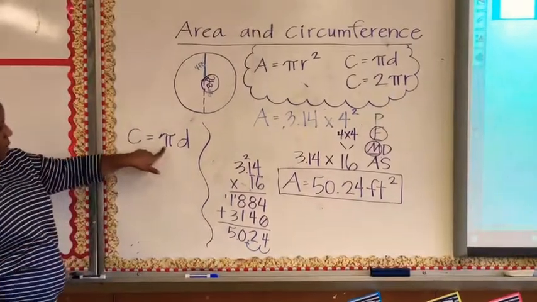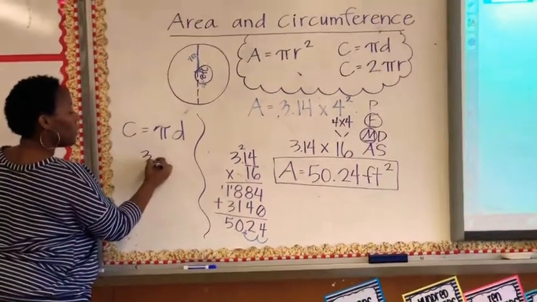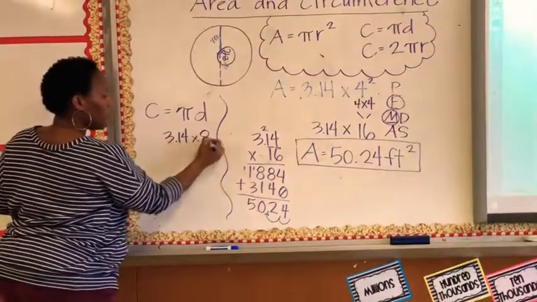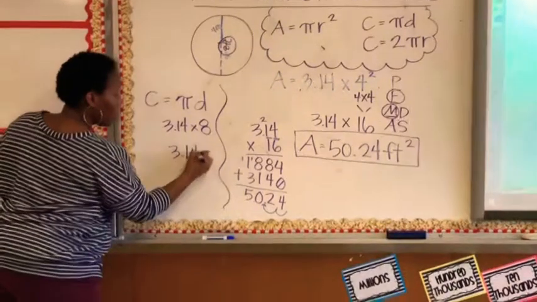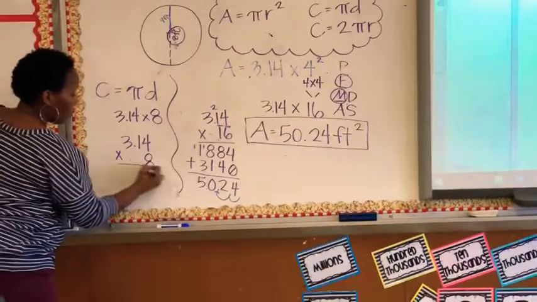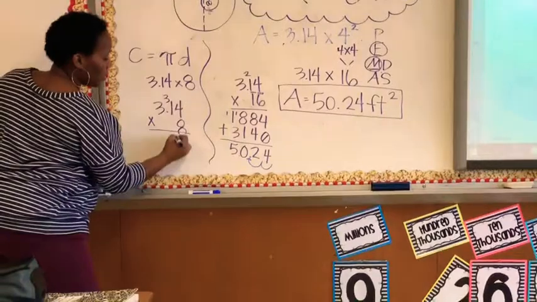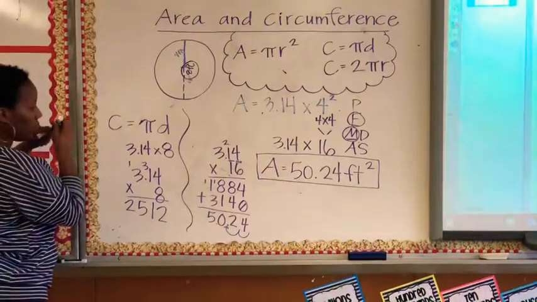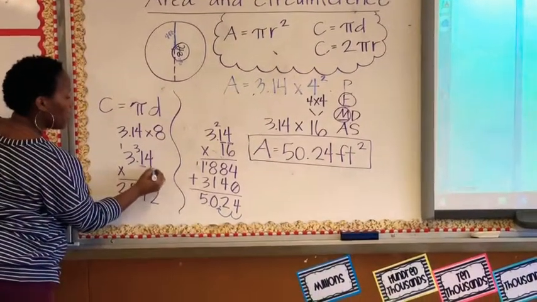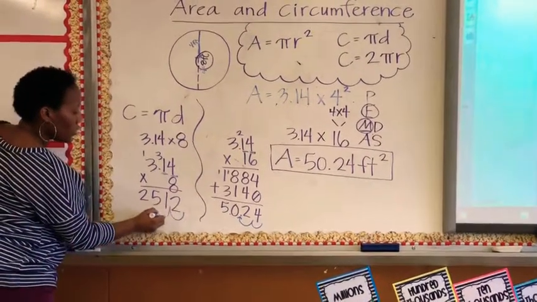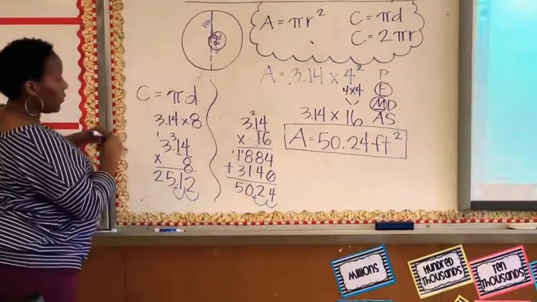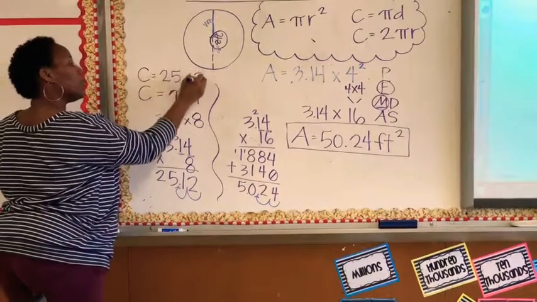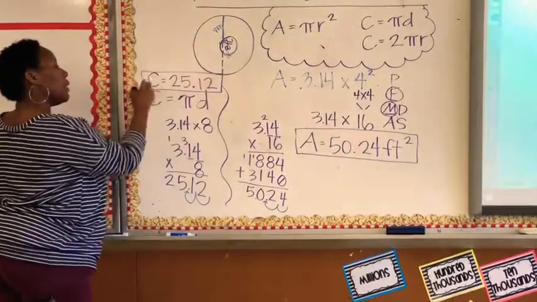And again, I'm gonna plug in my numbers. Pi we know is 3.14 times the diameter, which is 8. I'm going to multiply that out. And again, I have 2 numbers to the right of my decimal. I'm going to come over twice. And so my circumference would be 25 and 12 hundredths. And my area is 50